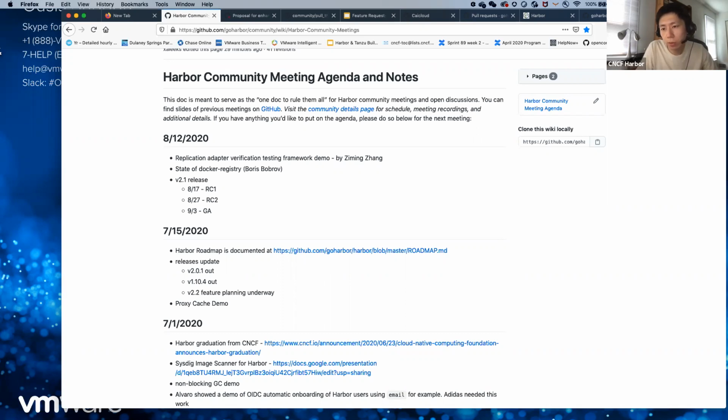We're working pretty closely with the Docker distribution guys as well. In terms of a plan, we had talked about if they were to donate it, we would be interested in having someone become a maintainer or an active collaborator of the project in some way, not only to drive Harbor's agenda, but to listen to what the community needs for the Docker distribution, and to be a maintainer of the Docker distribution project as a whole.